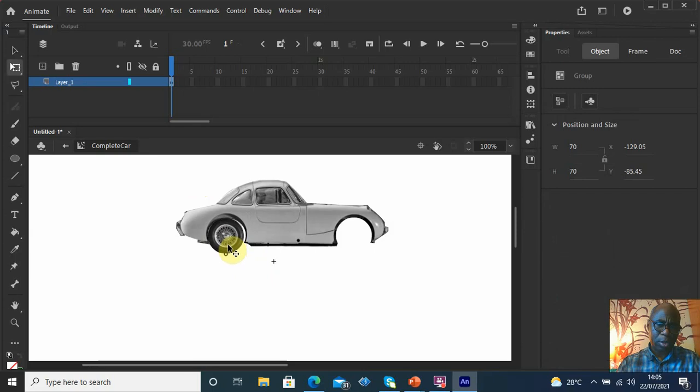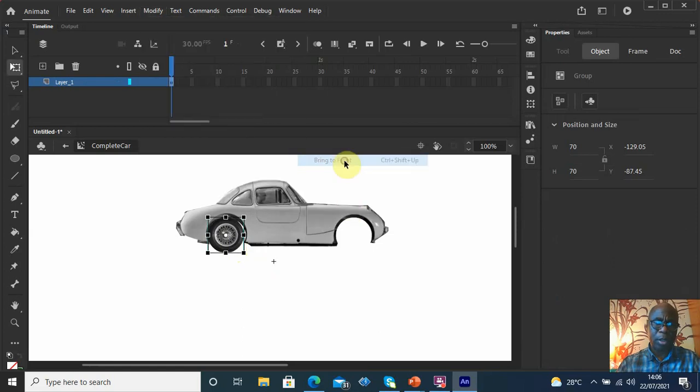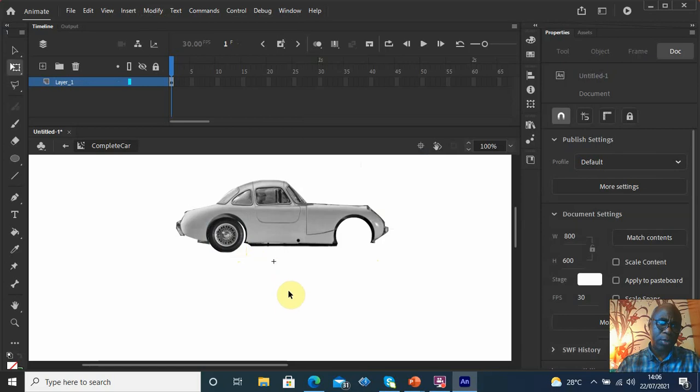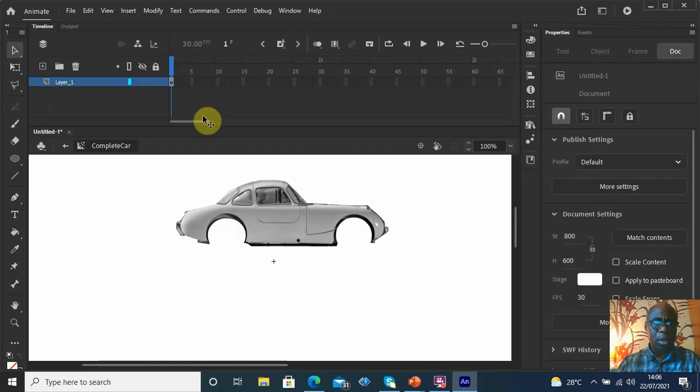Okay, it's behind it, so that's just fine. We can move it to the front. Anyway, we're still going to do that later as we progress. Okay, so what I'm going to do right now, I'll copy the wheel, cut the wheel,